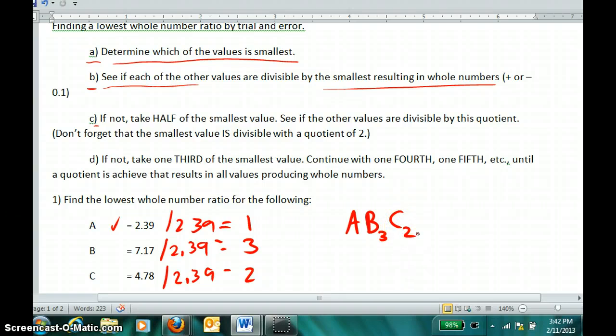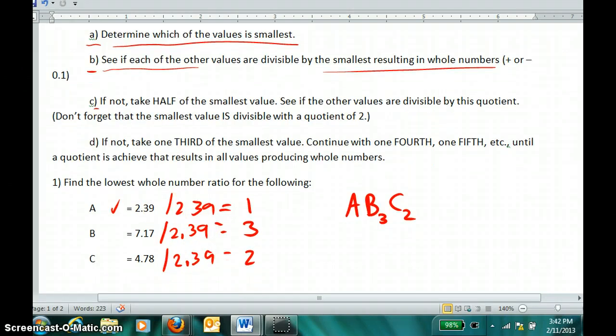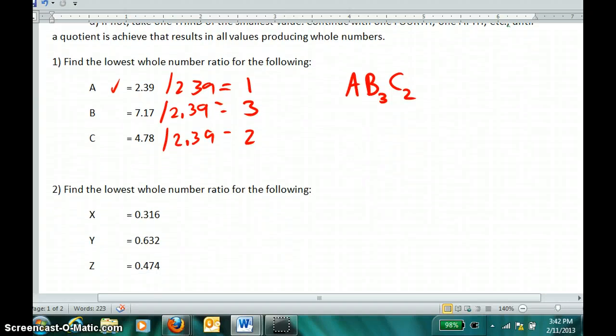Well, I only needed the first two steps here because everything was divisible by the smallest number. But what happens when that's not the case? Take, for example, this ratio. If I find the smallest value, which is 0.316, and I divide the other values by 0.316,